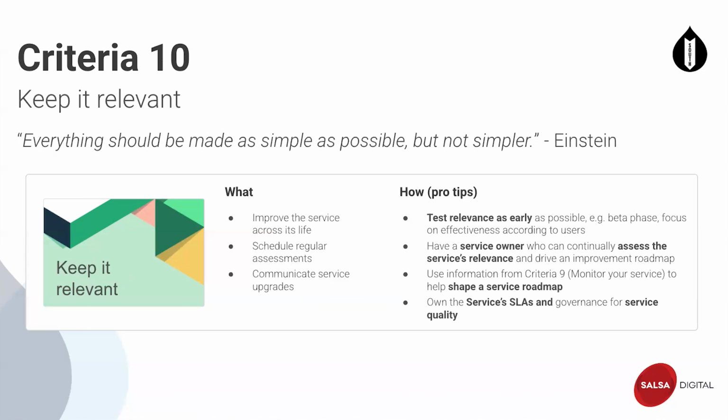Use beta to test the effectiveness of the service. Again, put service relevance in the remit of the service owner. I've touched on that a few times. Have a service roadmap. We don't need to implement everything on the roadmap, but if we roll out MVP services and have some stepping stone or guiding principles to increase the service, its feature set or its quality, then that's always a good thing.